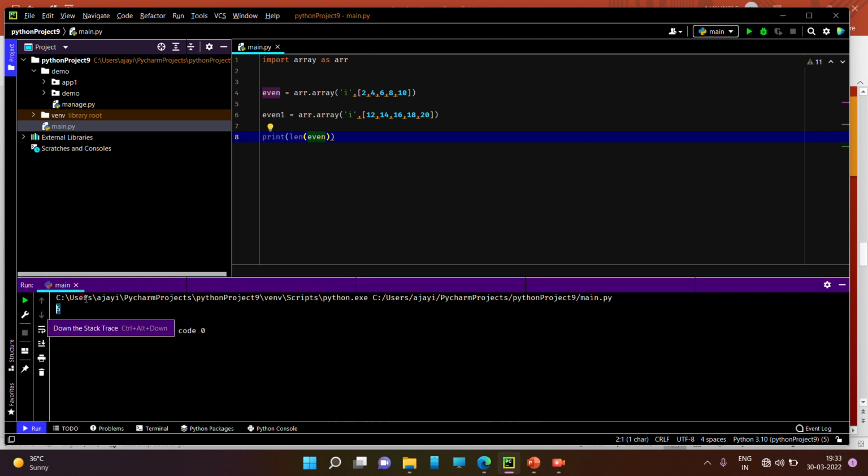What is this 5? It means the array has 5 elements inside it. So 2, 4, 6, 8 and 10, these all are the five elements. You can get the size and length of a particular array by using the length function. Then moving forward, we have to iterate our array by using while loop